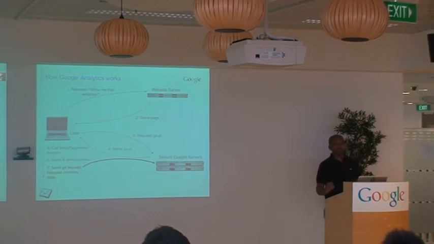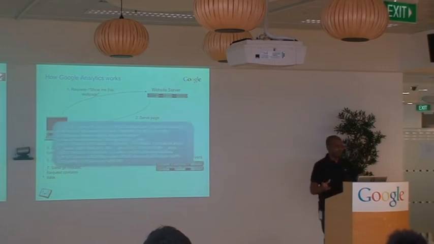How does Google Analytics know about this information? Because everything's running on the user's browser. You as a site owner, you never get to see this on your servers unless you're running your own server logs. What actually happens is that the analytics code instructs the browser to send across a request for a GIF file from the Google Analytics servers. And the request looks something like this.